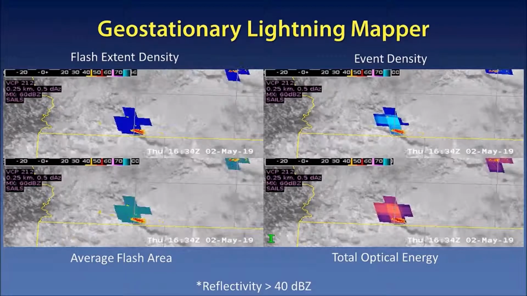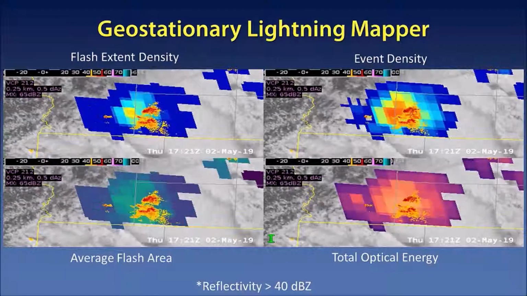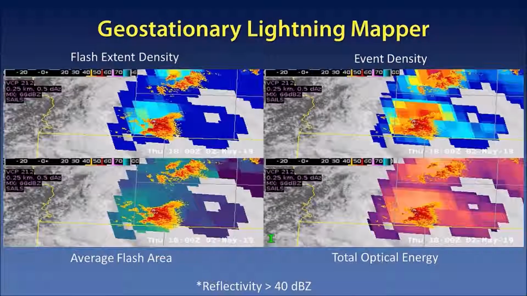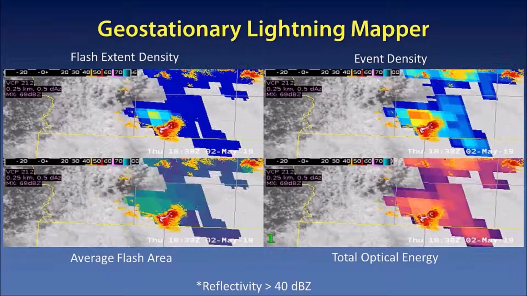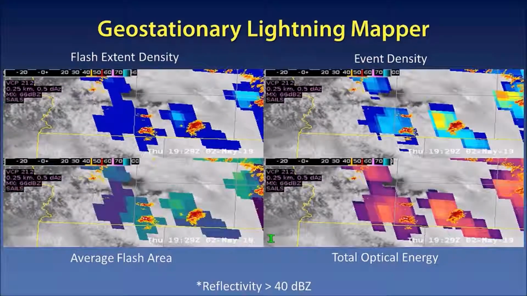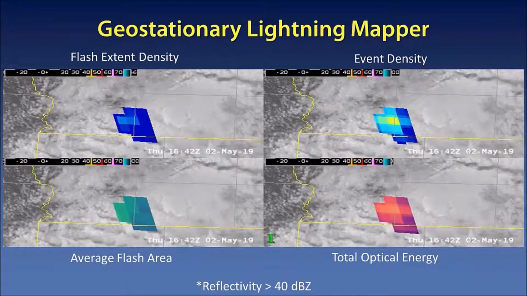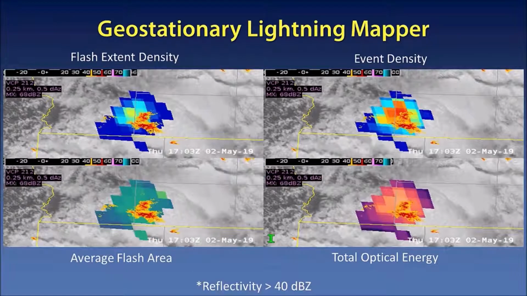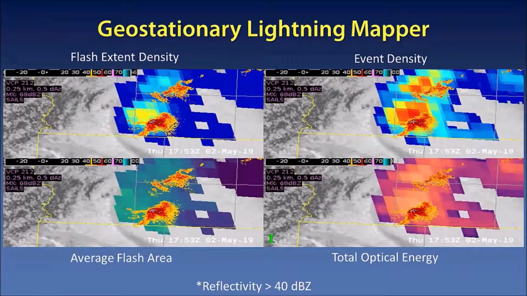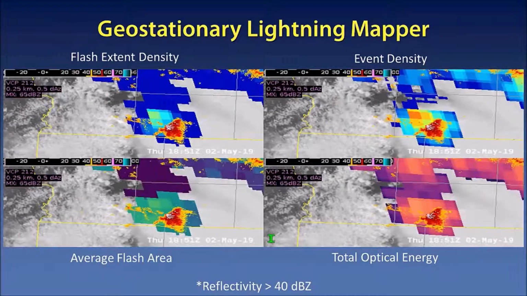All right, so one of the things we got to look at this week was a variety of new GLM products that we don't currently see in AWIPS. Right now, most of the field is familiar with using flash extent density. That's what you see on the top left of this 4-panel right here. The other 3 images are event density, average flash area, and total optical energy. These are the 3 that I think amongst the group we found to be fairly useful out of the new suite of products. Event density takes a little bit closer look at the actual events that make up the flashes